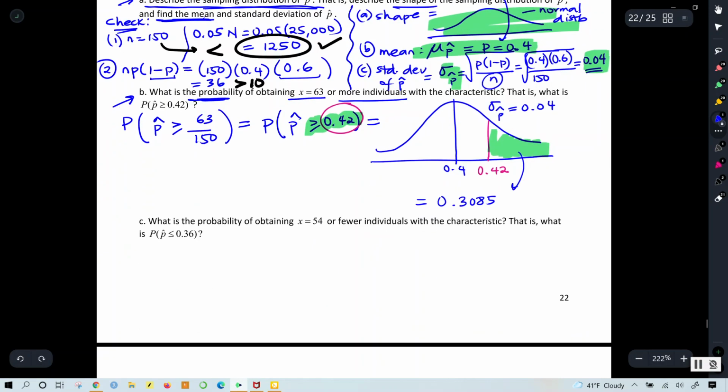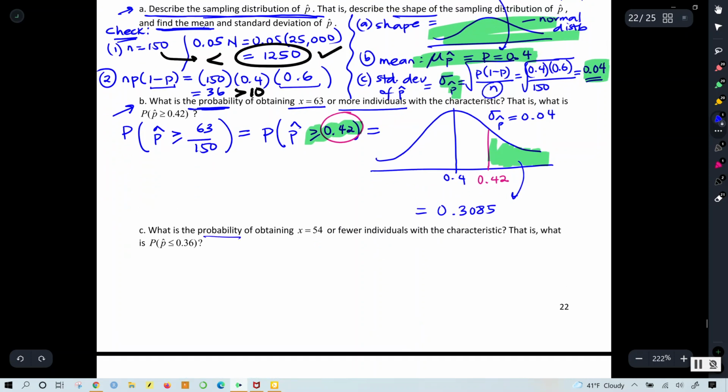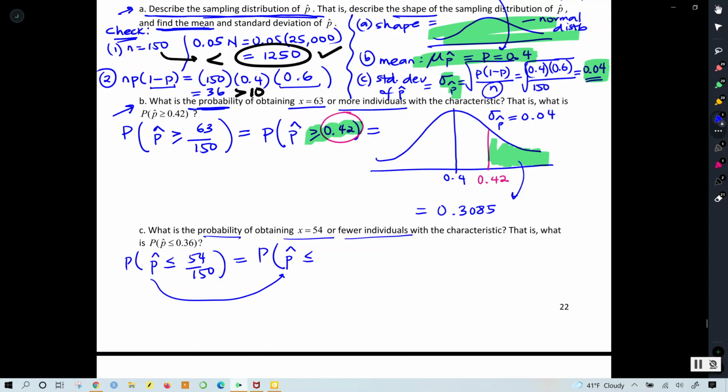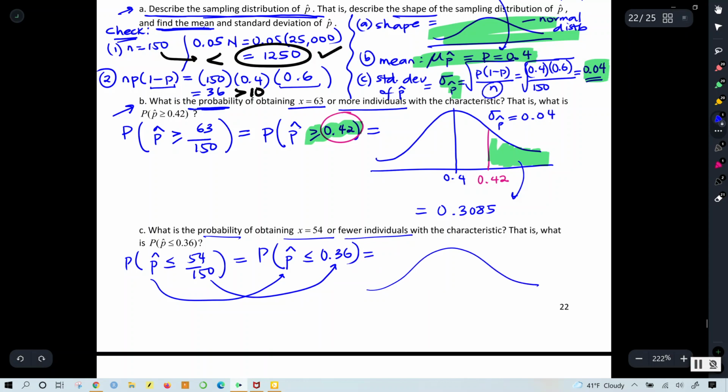0.3085. Then for question C, what is the probability of obtaining x equals 54 or fewer individuals? So the probability that P hat is less than or equal to 54 out of 150. This is the same thing as the probability that the sample proportion is less than or equal to 54 divided by 150, which is 0.36. So using, again, the normal distribution that makes our life a lot easier,